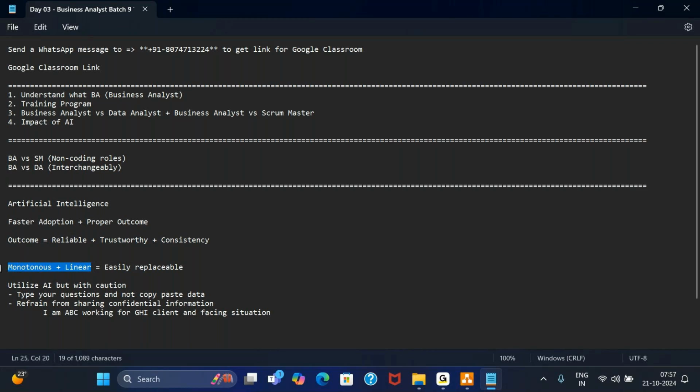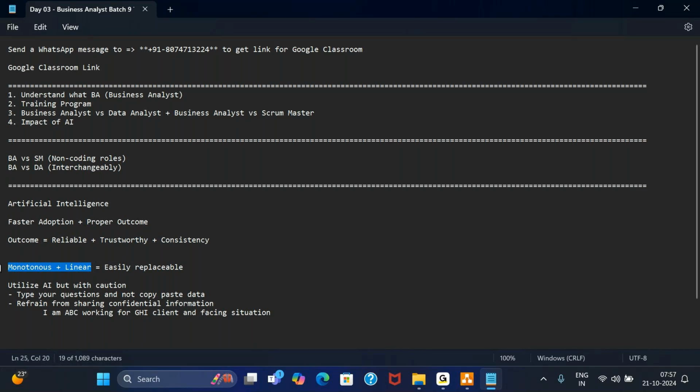Similarly, if you ask me, BA is not a monotonous linear job. Every project asks for different customizations. Every change in stakeholder requires a change in my strategy. Some of my stakeholders could be easy to manage. Maybe I can crack jokes with them. But some of my stakeholders could be very strict. Some of my stakeholders could be